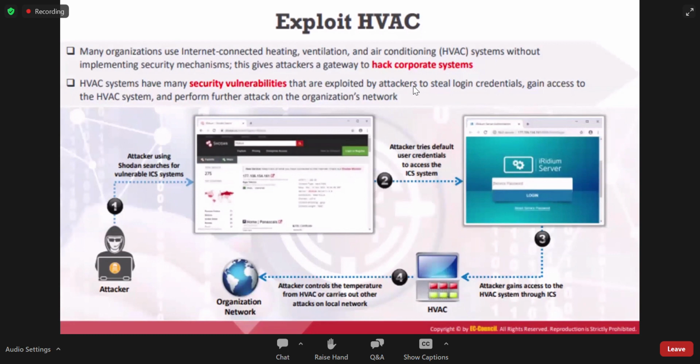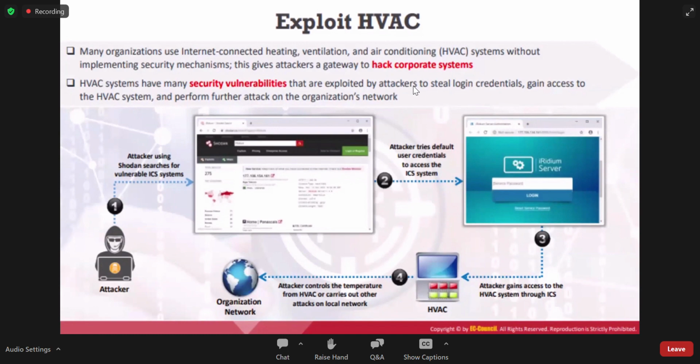Actually, if we are using an IP device like security cameras that has a login portal, somebody might be using a default credential. From there we can access the HVAC systems, and then we can easily enter into the organization. Okay, so let's take, if you are using a static IP for your router, I can also easily get into your management login portal.